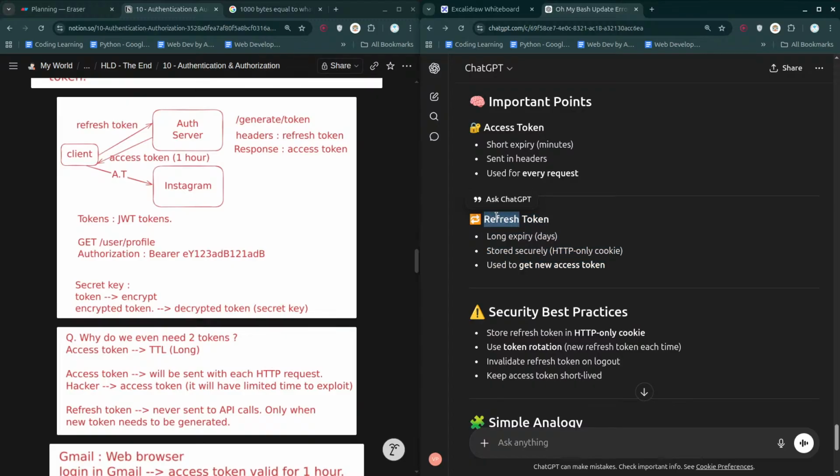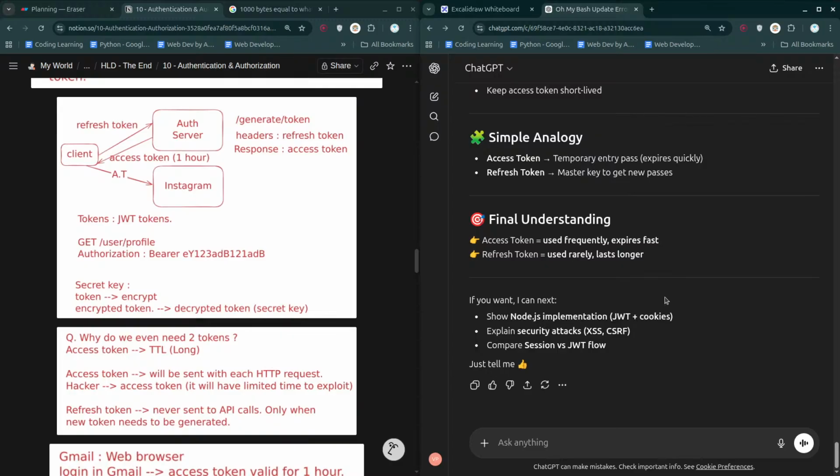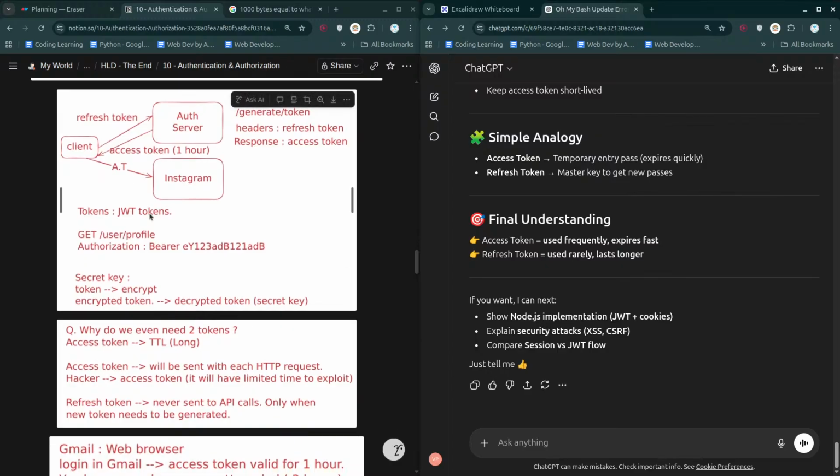You will have to write your logic in such a way that once you get a 401 as a response, that simply means the access token is expired. Just after that, you have to write the logic for sending the request for refreshing the token with the refresh token, and then the logic for retrying your original request. We can ask ChatGPT to generate this logic, but you can write it on your own as well. It's pretty simple.